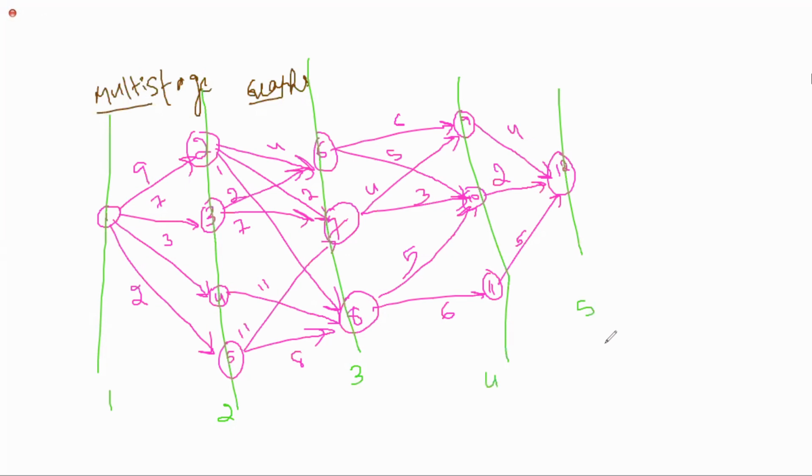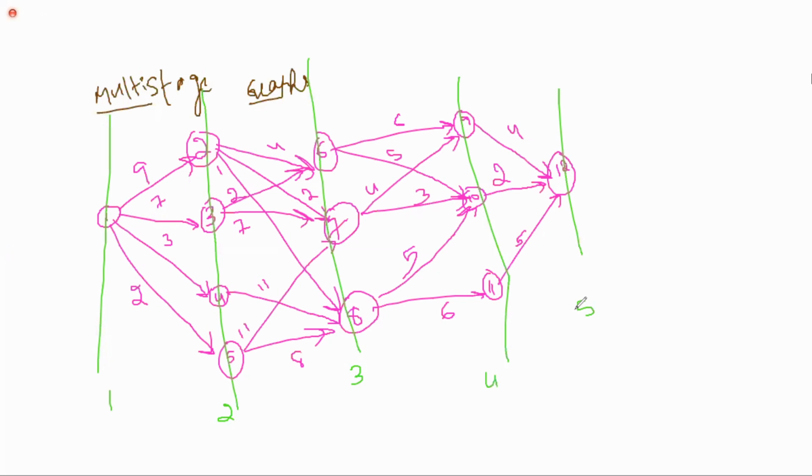There is no mandatory condition that we have only one stage or two stages. It depends on the graph; there can be a number of stages. That's why it is called a multi-stage graph. The objective is to find the minimum path from one stage to another, and based on that, draw the path from stage 1 to the nth stage. If there are 5 stages, stage 1 to stage 5, what is the minimum path? That we have to find out.